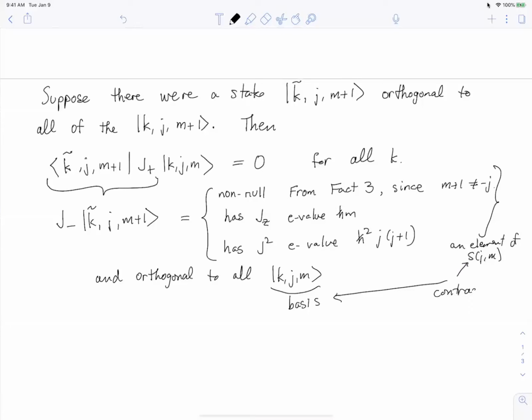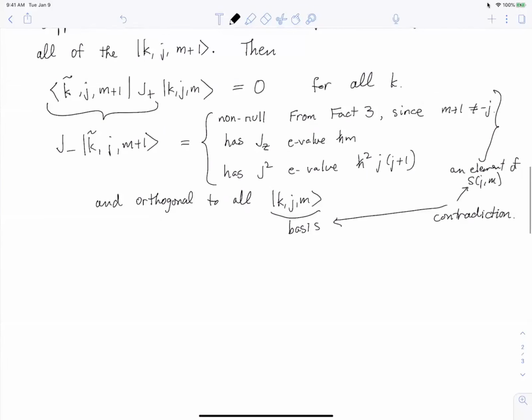So we're bootstrapping the fact that we assumed we had a basis for S_jm. We tried to construct this thing that would be a state in S_j,m+1. That was not one of the ones that we got from the ones in S_jm, and we found it wouldn't work. Okay, so all of that tells us that, in fact, the set of states k, j, m plus 1